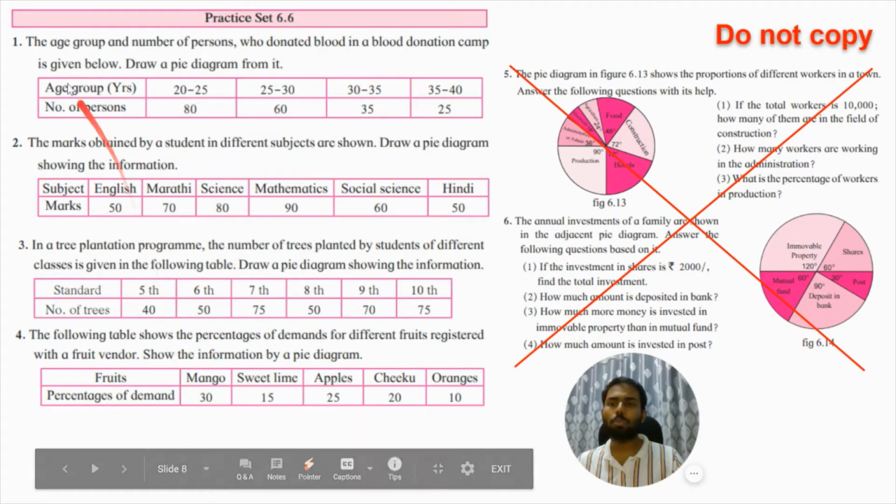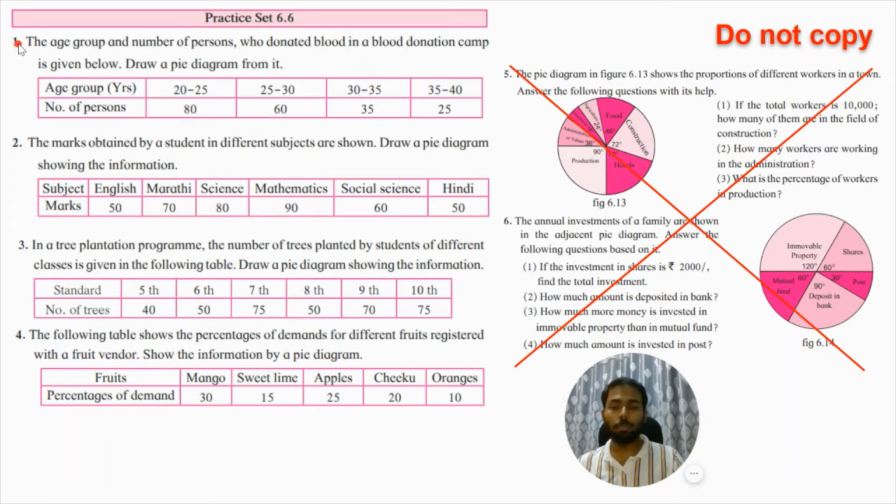So like always, I'm going to solve the first question completely for you all, and while I'm solving the first question, all you have to do is pay attention to how I am drawing the first pie diagram. Okay, then the second pie diagram we will draw together. I will give you all a few steps to do. You will do those steps, then we will cross check our answers, and then we will move ahead. So that's how we're going to do the second sum, and then the third and the fourth sum you're going to do by yourself for practice.